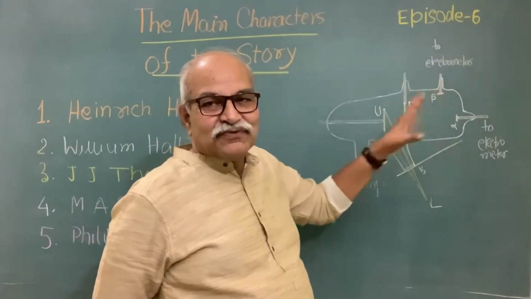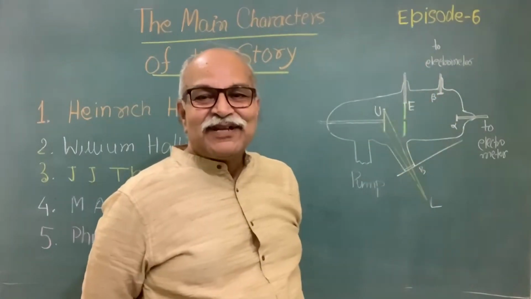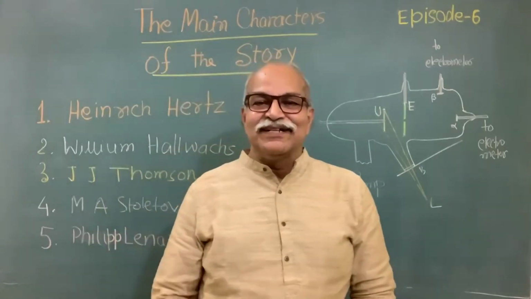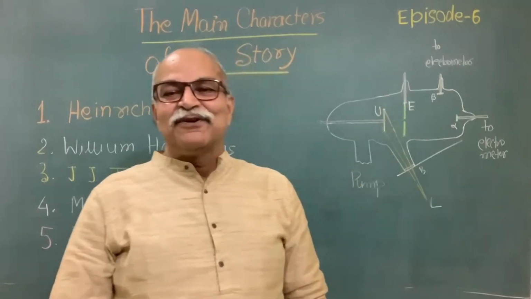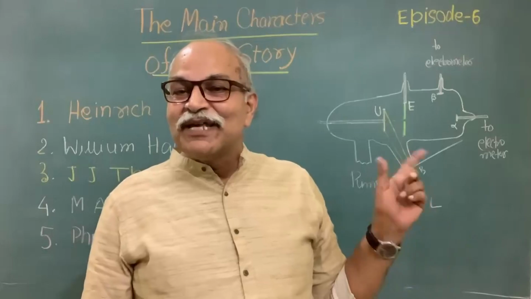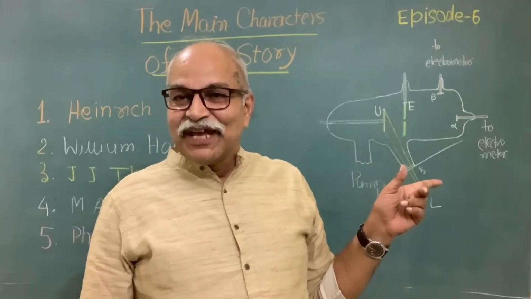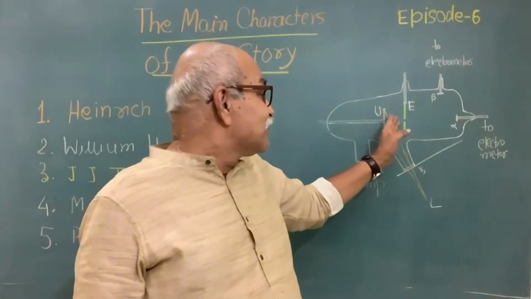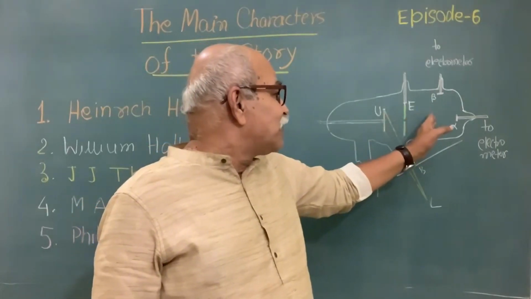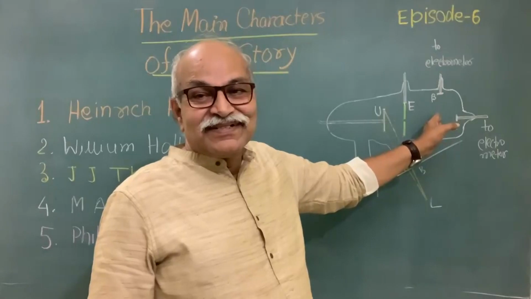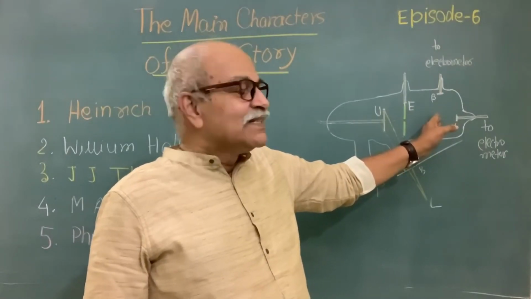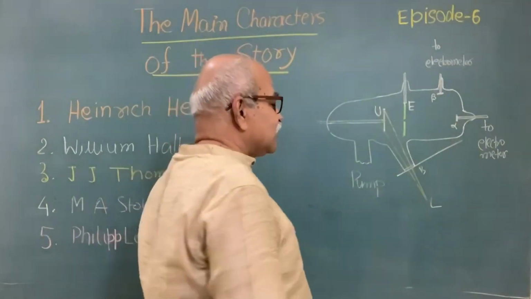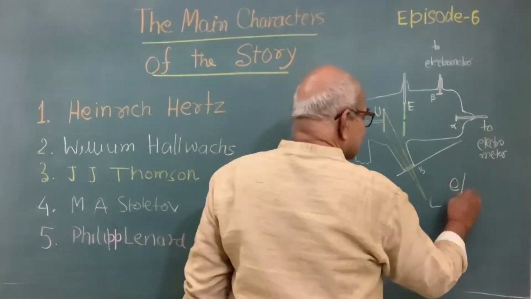From that one can make calculations, and Lenard did all these calculations and found the charge by mass ratio, if you consider these to be massive particles having mass, and charge of course,